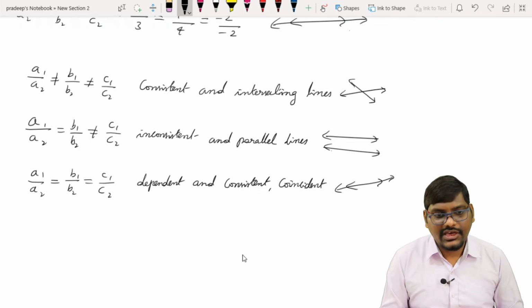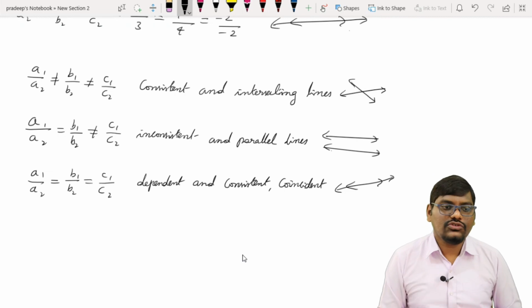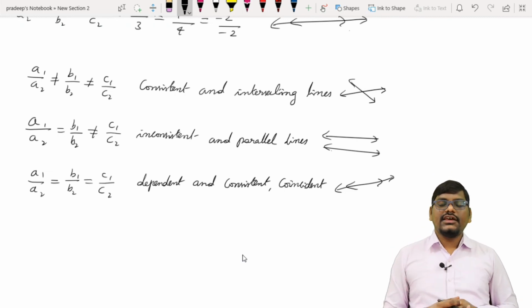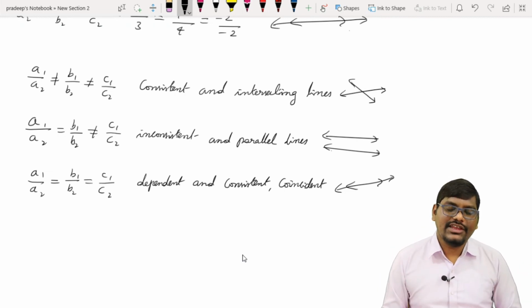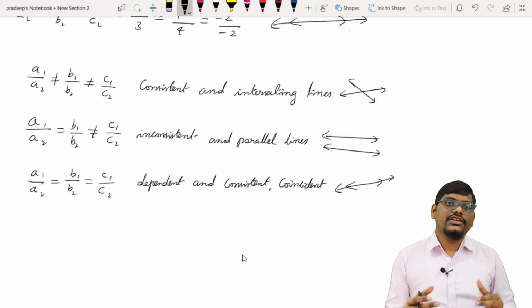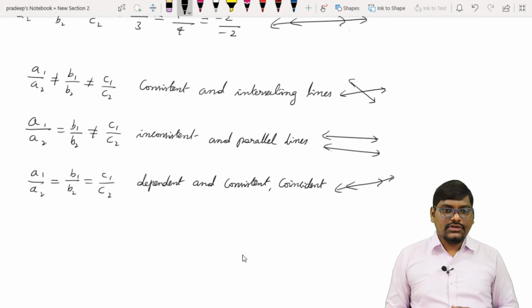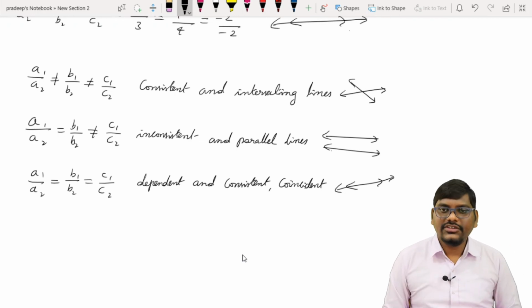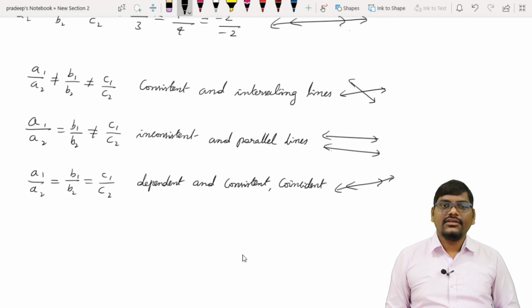These are the concepts where if you could easily go through, and if you could understand this, you can do the full chapter very easily. Of course, this is very relative to the next two chapters, quadratic equation and polynomial. So I always say just go through this properly, where you'll get the complete clarity that actually helps you in the next chapter also. Alright, so keep going, stay tuned.